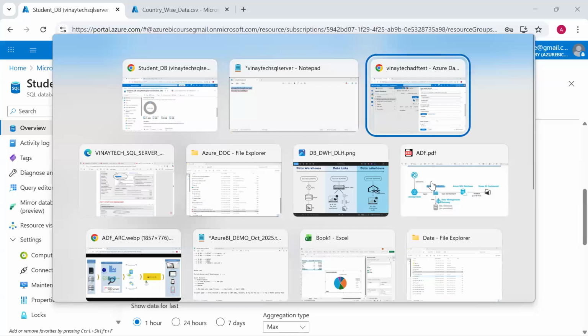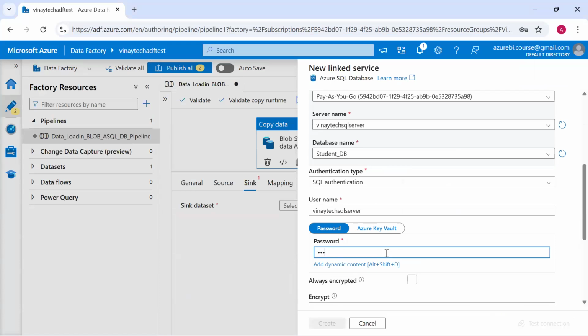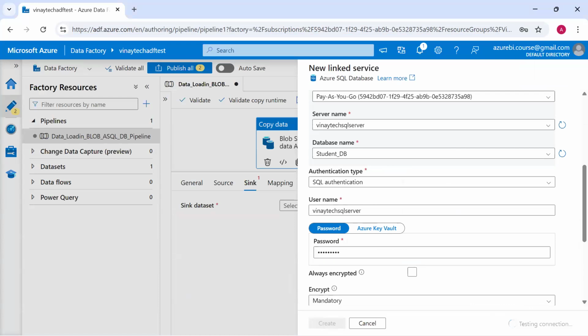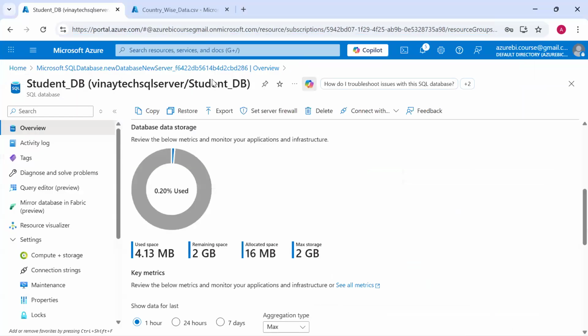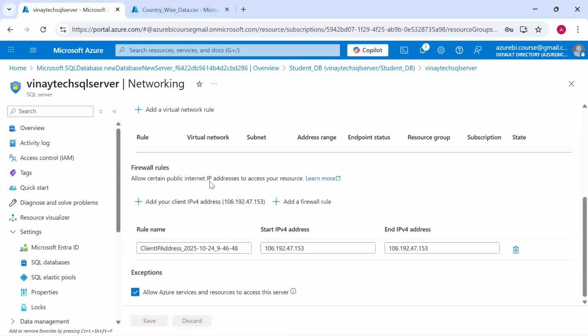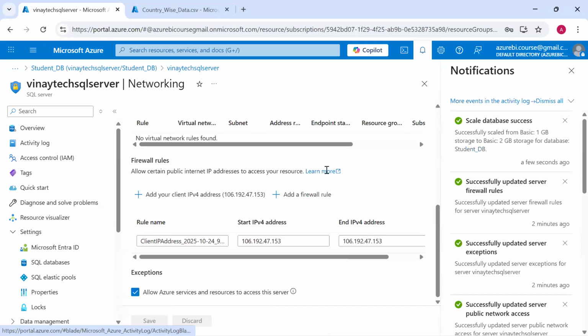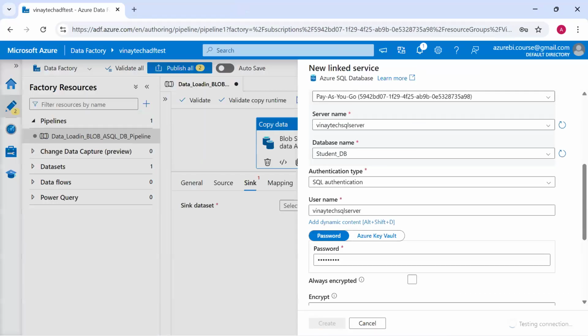Now I'll test my connection here also. Test the connection in the data factory. It's throwing me an error. Why is it throwing me an error? Because of the password issue or any other issue, we will see that. Test the connection. Still it is showing me an issue. Because I didn't add my security IP and all, it is showing me an error. No problem. Not at all a problem. Test the connection once.